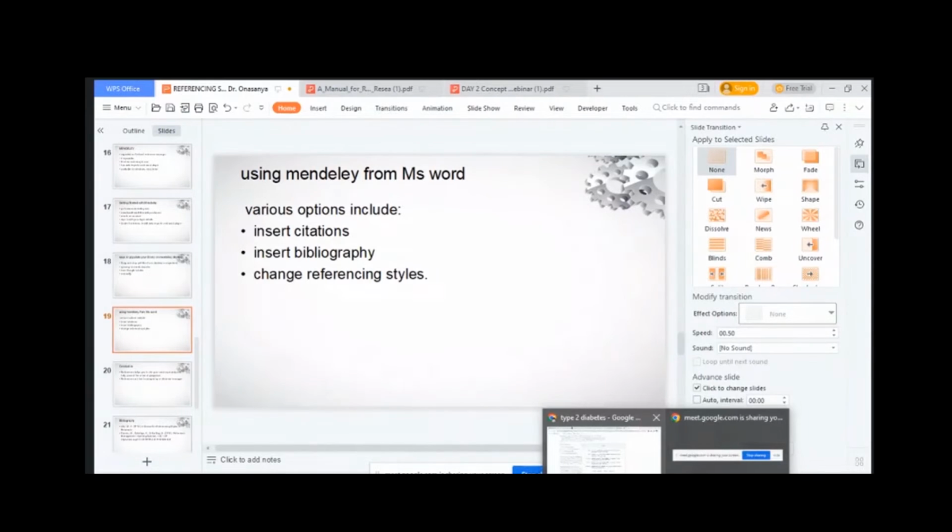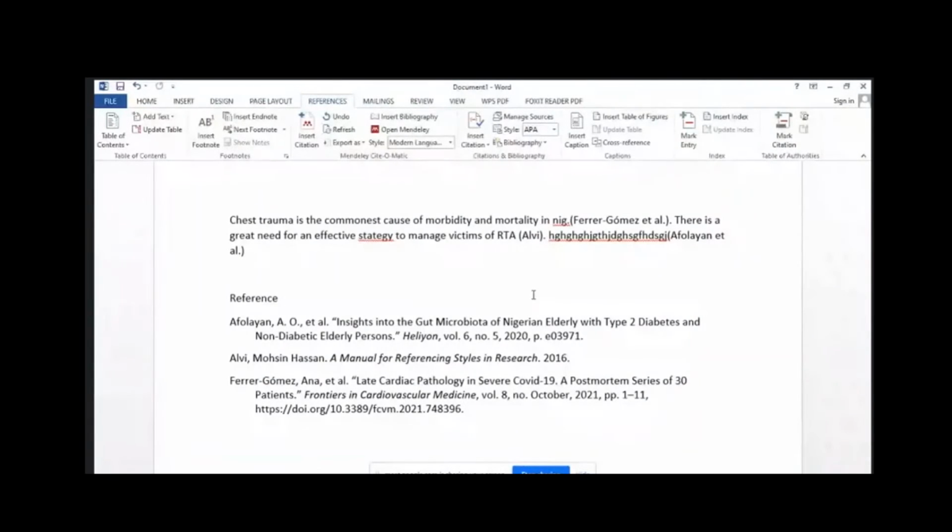Yes, another thing that is also very nice about this Mendeley desktop is that you can do it offline. You don't have to be online. Other than the web importer, there's Mendeley desktop. The advantage of Mendeley desktop is that you don't have to stay online. Even if you don't have data or something, the only thing you need to do is populate your Mendeley desktop. Once you are able to populate your Mendeley desktop, you don't have any problem at all. You just continue to type your document.